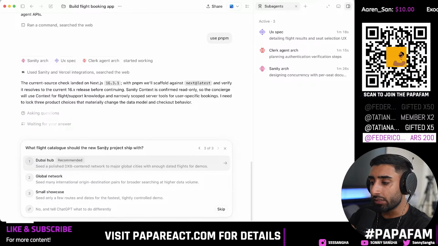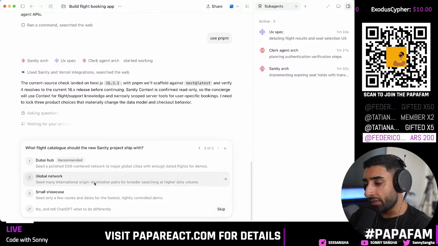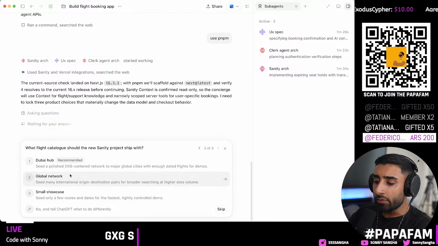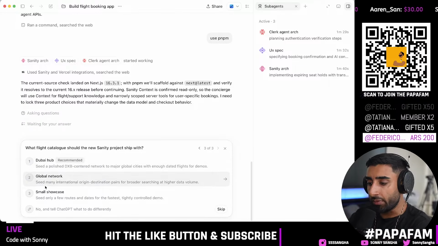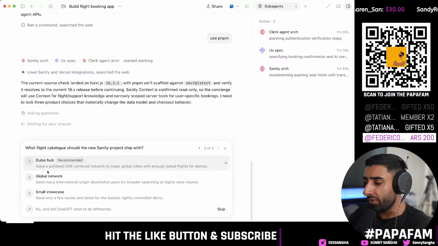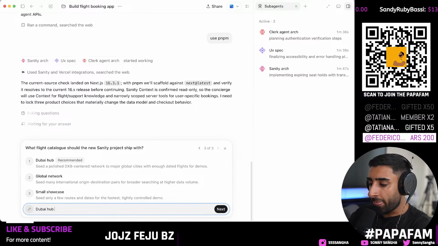What flight catalog should the new Sanity project ship with? Dubai Hub, the polished DXB center network to major global cities with enough data flights for demos. Global network. I would say in this case, it's a demo. Okay, so I'm going to do from Dubai, where I am, and basically have it branch out accordingly. But you could really do this however you want, global network, whatever the case. We're going to just do a Dubai hub here. So we'll say Dubai hub,